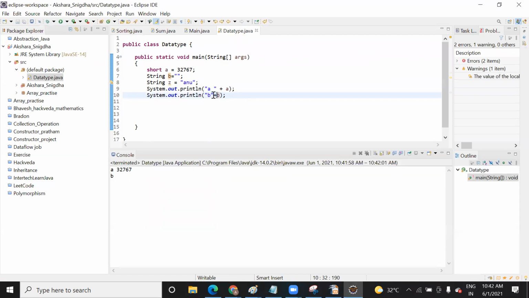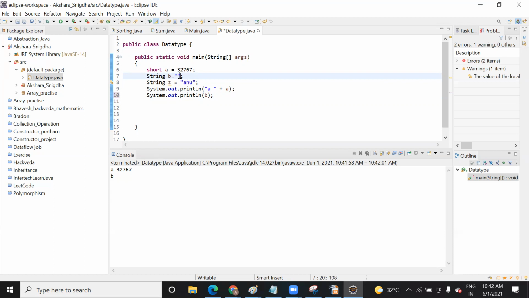As I have printed this, I will remove it. So it will not show any value because we have not initialized this. This is our local variable inside this main method. So it will not print zero, right? It will just not show anything. It is not initialized with zero. I have just used the double quote, which means there is nothing inside.